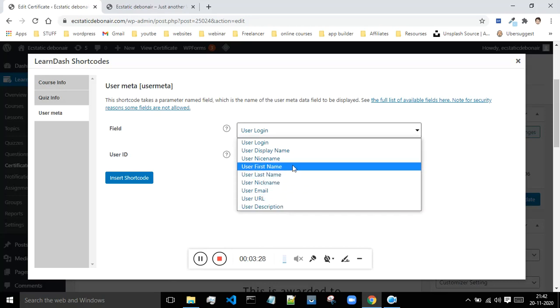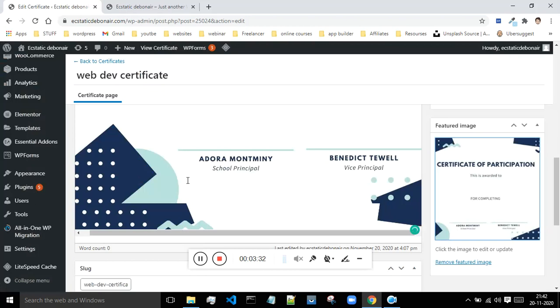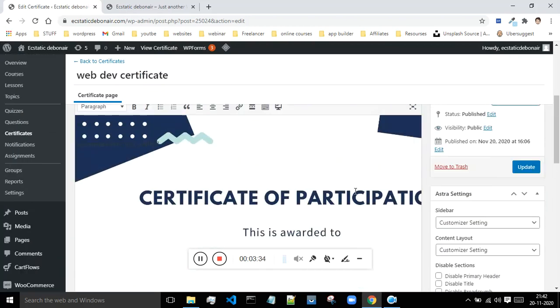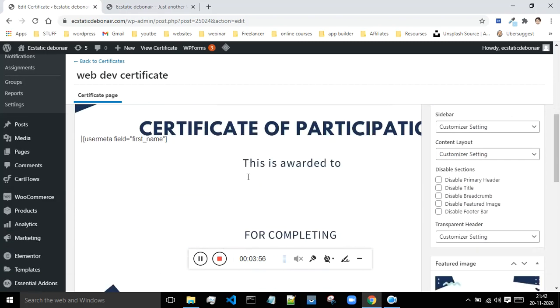So we basically want the user's first name, so I will click on this and I will say insert shortcode, and let's see. Okay, so this is the place where the shortcode is. Now let me just get the shortcode down below. This is the shortcode. Okay, so I will copy the shortcode, and let me just move this shortcode down below,